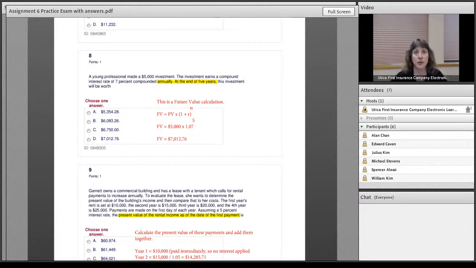So here's what clued me in. At the end of 5 years, that means I'm using a future value formula. And it's annually, so we know it's not any kind of a semi-annual or any of those kind of complications in the question. I'm looking to take my present value, which is 5,000, and multiply it by 1.07 to the 5th power. And that becomes 7,012.76. Now, on these problems, you do not have to calculate it the long way. They're giving you present value tables. You can go to the present value table, look at the 7% interest